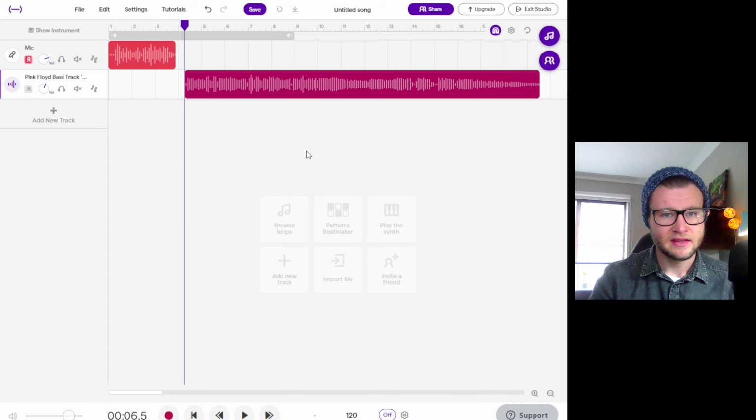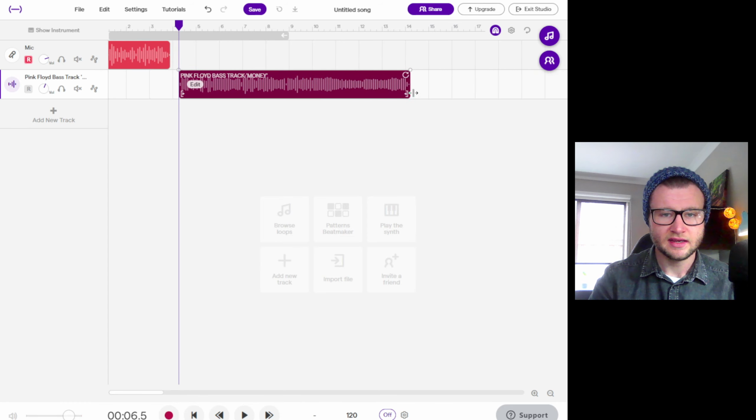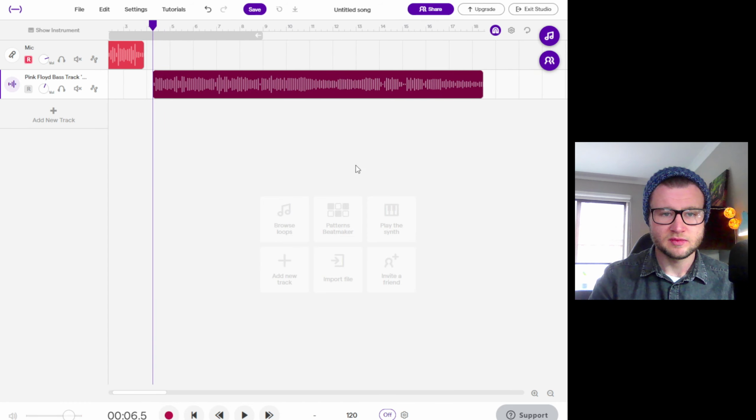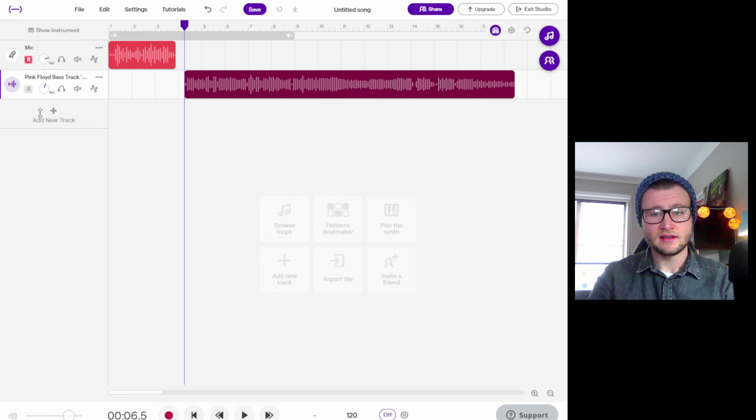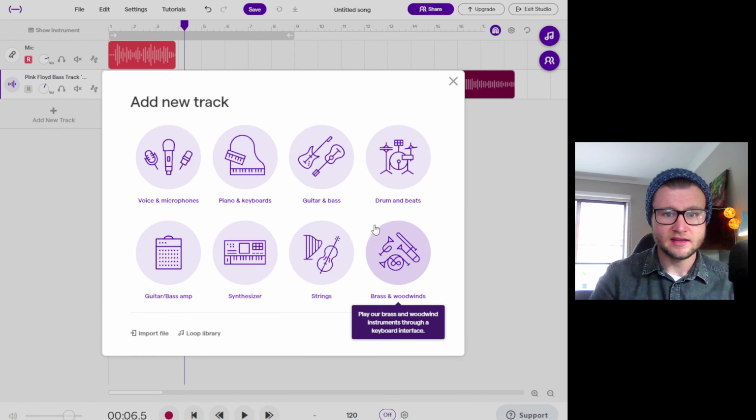I've got that. If I only want a little bit of it, then I can adjust the length of the track to whatever I want it to be. I can copy and paste and do those sorts of things, but I'll cover those later in the video. And so next thing, if we want to add an already recorded loop from the library,